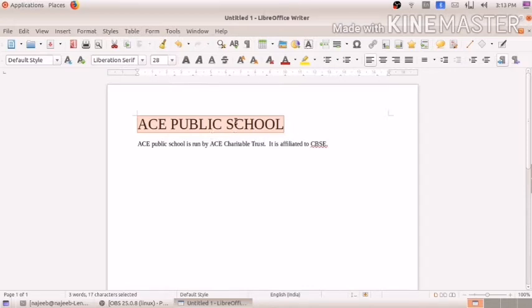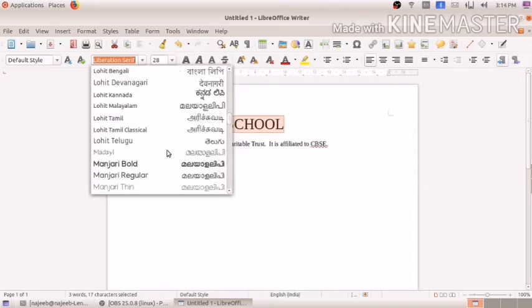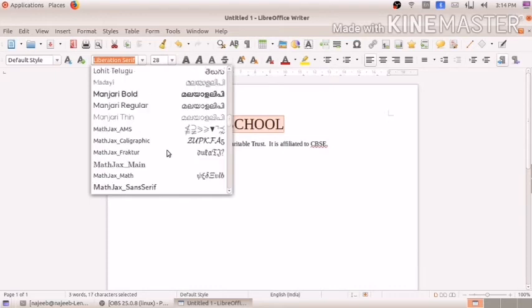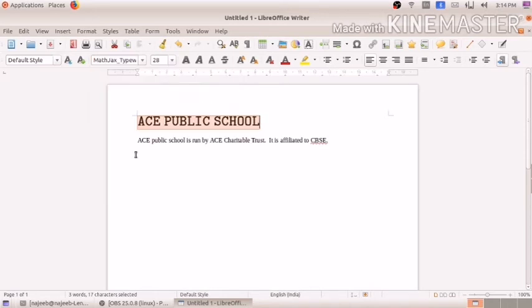So if you want to change the font size, we can do it like this, as I told you. Then I'm changing the font type, or font name. You see Liberation Serif is the default. We can select from here, many options can be seen. If we select one of these, then the font style is completely changed to that font.